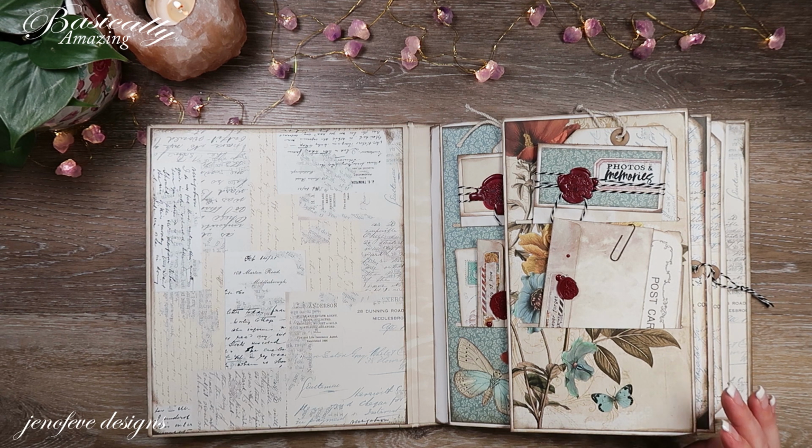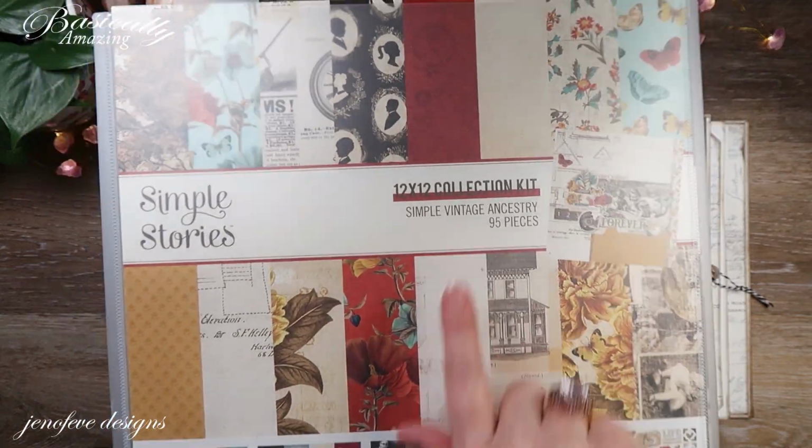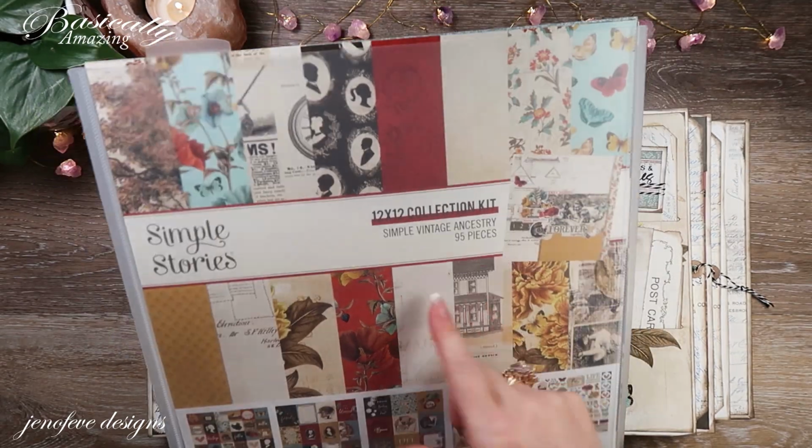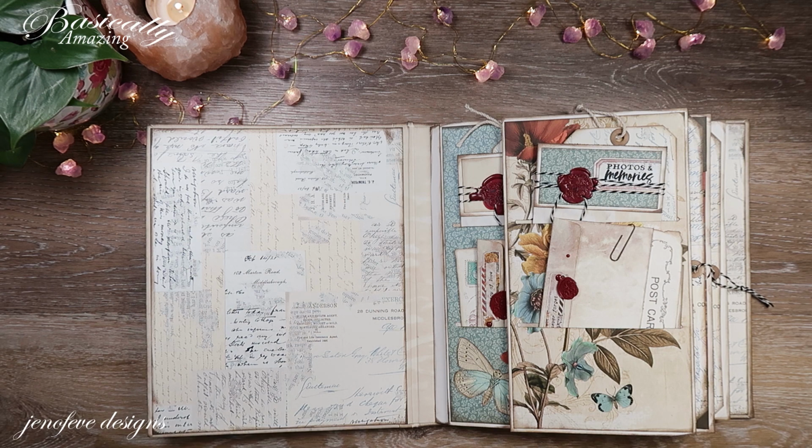by, let me grab it. Simple Stories, Simple Vintage Ancestry. And I'm only calling it Simple Vintage, and this is the paper collection we're using, but that's what we're calling the album. So this is the March album of the month, and I have a playlist specifically for this album,